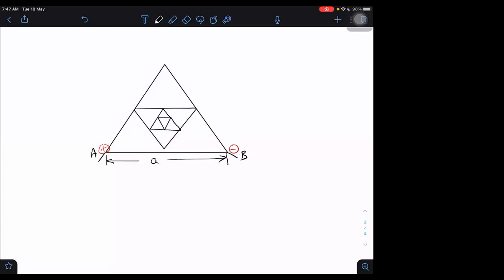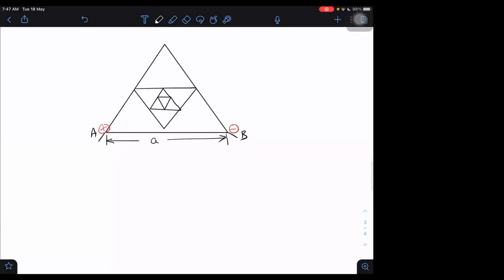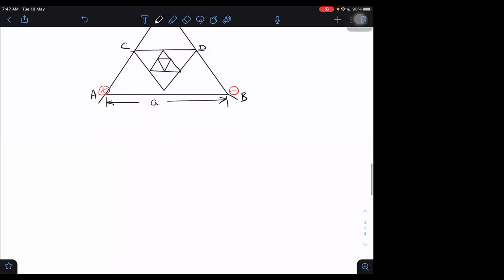Now, I know one more thing: if the resistance of AB is given to us as something, then I can determine the resistance of C to D. Can we do that or not? Yes, sir. Because we can, it will be half. R by 2, that is. Yes, you got it.